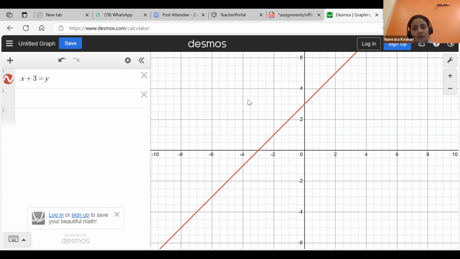Getting it? Here only, if I write kx plus 3 is equals to y, write it in your notebook, I'm just saying it. If I write kx plus 3 is equals to y, and I am saying 0 comma 3 is a solution, then you can put 0 at the place of x and 3 at the place of y, and you will be able to find the k value just by using the knowledge of solution. Making sense? Yes, ma'am. Are you getting it, Umar? Yes, ma'am. Okay, so solution